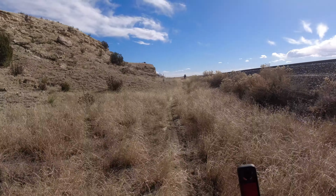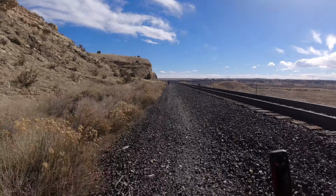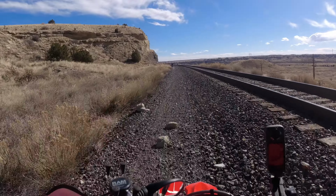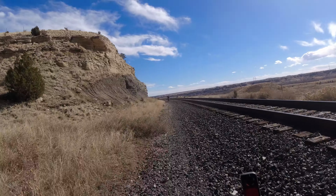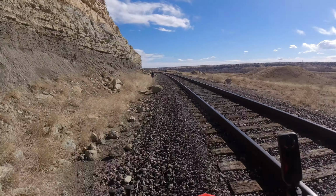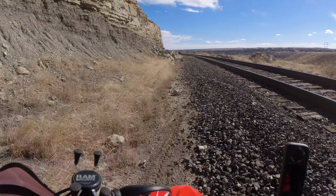But what I think I'm going to do is I'm going to save up and get a second bike. Keep this one. Because for more dual sport type of riding, things that are a little bit more open, like a lot of this has been today, this bike is perfect. It's great. So I'd like to end up with two. This one can turn into my dual sport and sort of my more open area type riding,